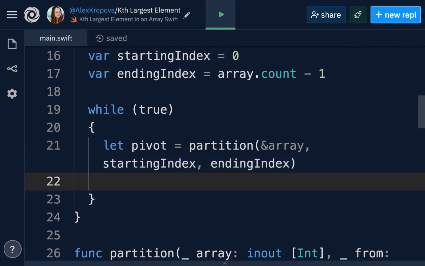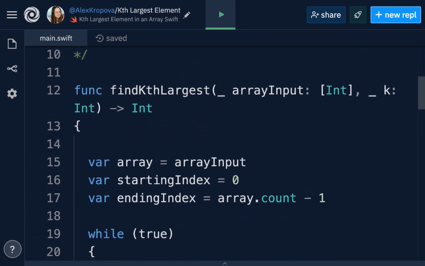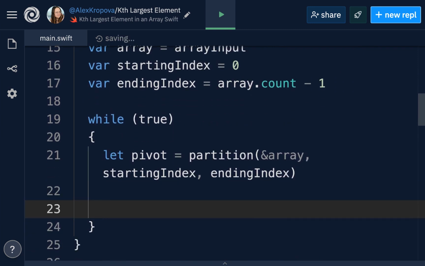Alright, so that is what we need to do in order to put in the parameters for the partition function. Then we can actually return our value. So remember, we're returning the kth largest. So that's where we get into finding the kth largest. Now that our entire array is swapped and sorted, we have manipulated the array, so now we have a sorted array. Now all we have to do is find the kth index.